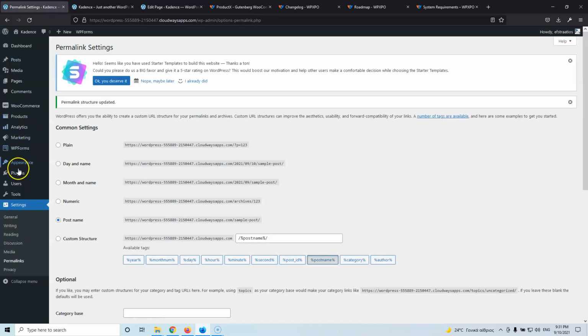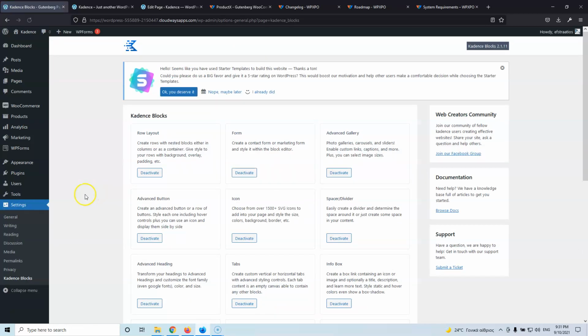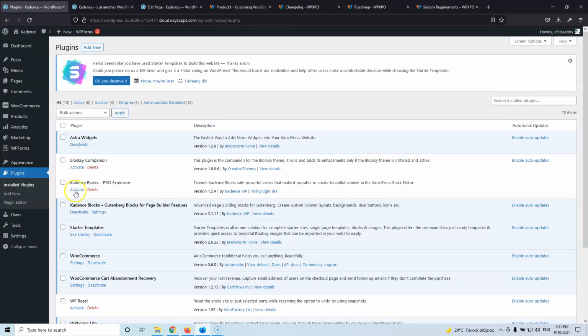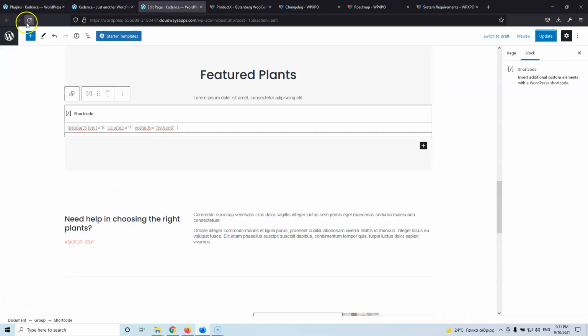And let's go to the plugins. And I have here the Cadence Blocks Pro and the Cadence Blocks Free. So I'm going to install both of those. I don't like when the plugins jump when you activate it in another page. So let's go back to install plugins, activate that again. Okay, and now that it's activated, I'm going to refresh the page and I'm going to use something from the